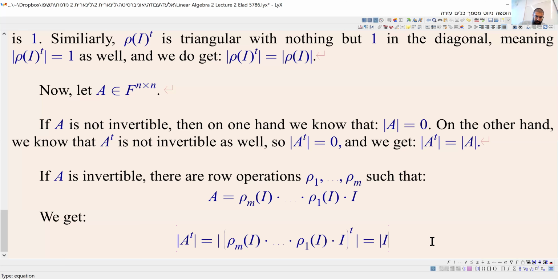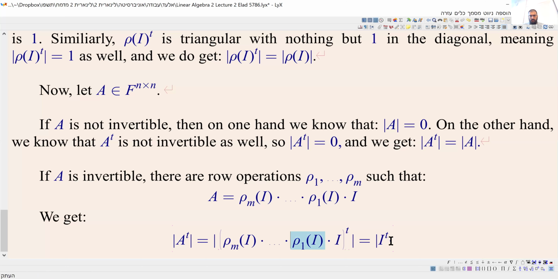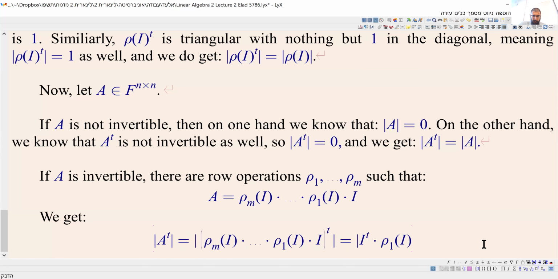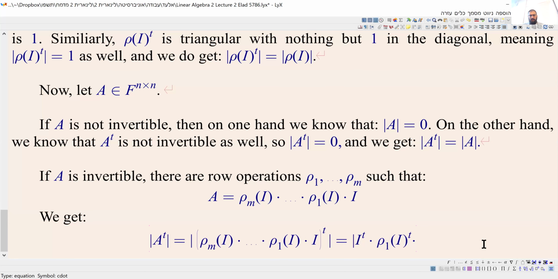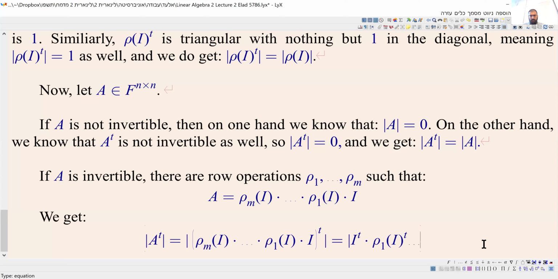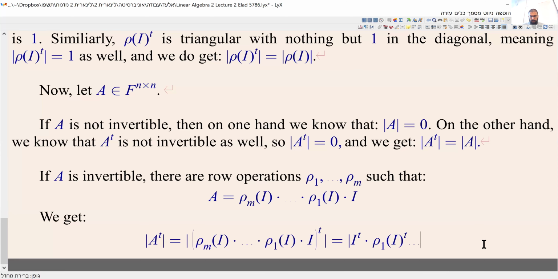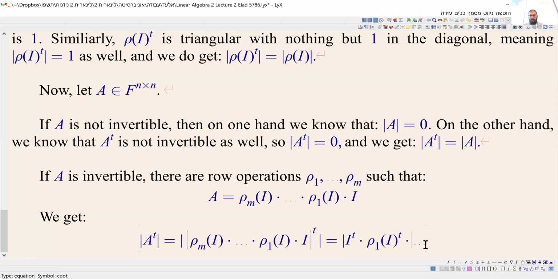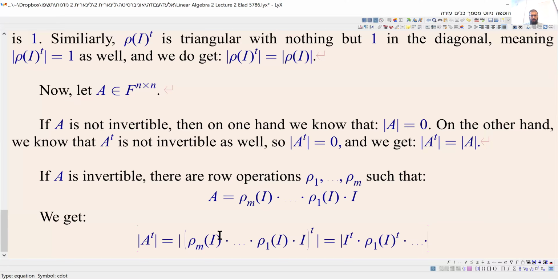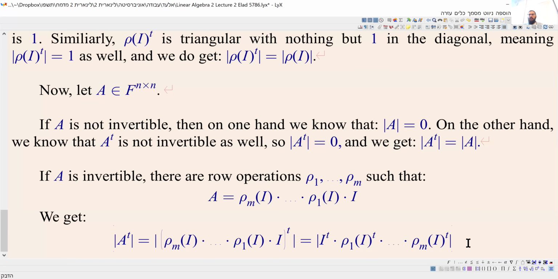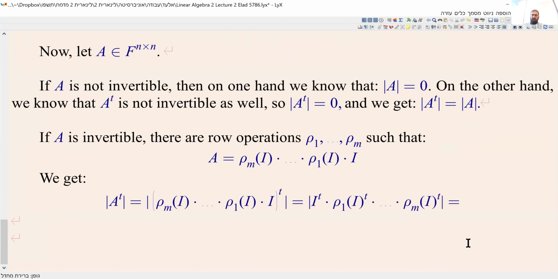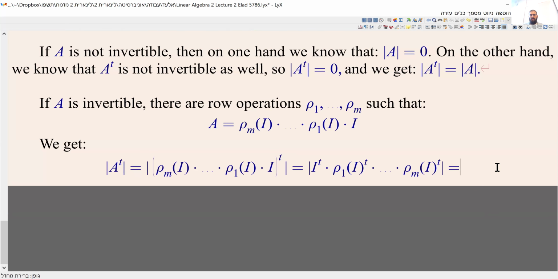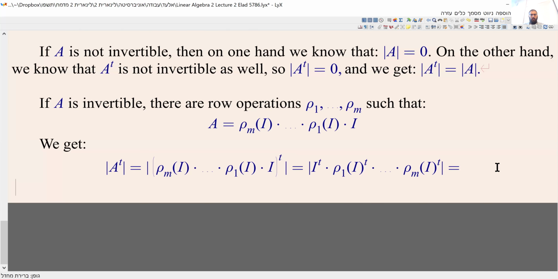Specifically, it means that we have I transpose and row 1 transpose, etc. Good. Row 1 transpose. Now, write down. How will we put there the same? Yes, so we have